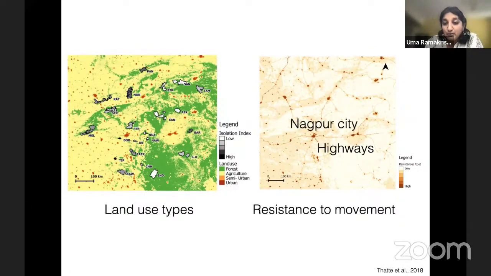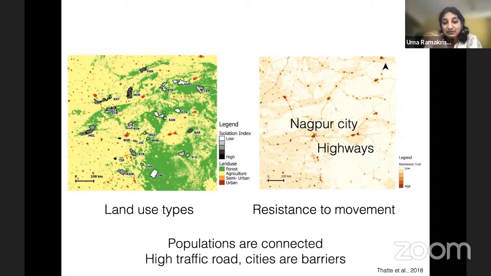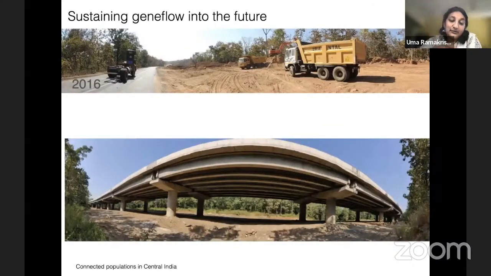And when we use this to try and understand future landscapes, we can predict if the landscape changes like this, what will happen to connectivity, and such approaches can actually be used to plan landscape development. In this particular case, our work was used in court to petition, amongst other studies, for this wildlife underpass. So this is Kanha here and Pench on the other side, and this is a highway which is being